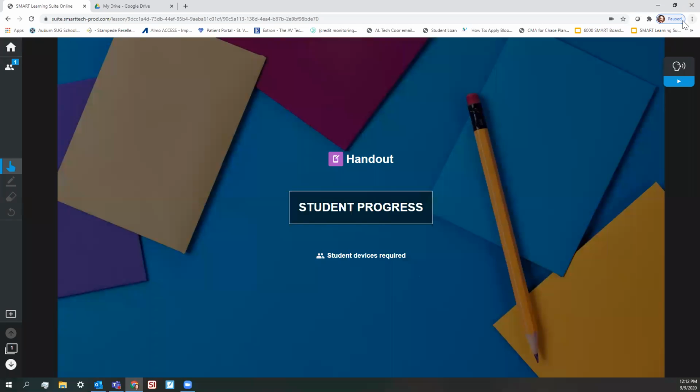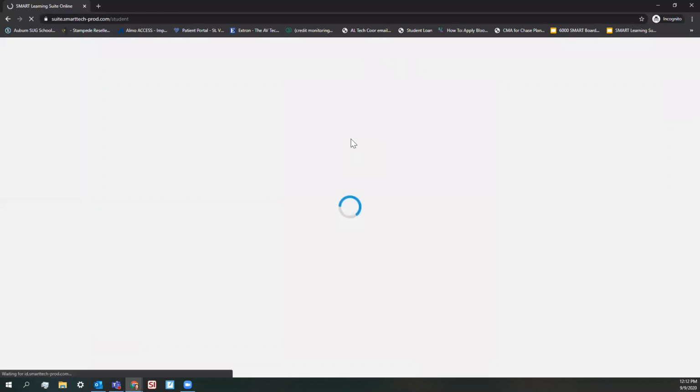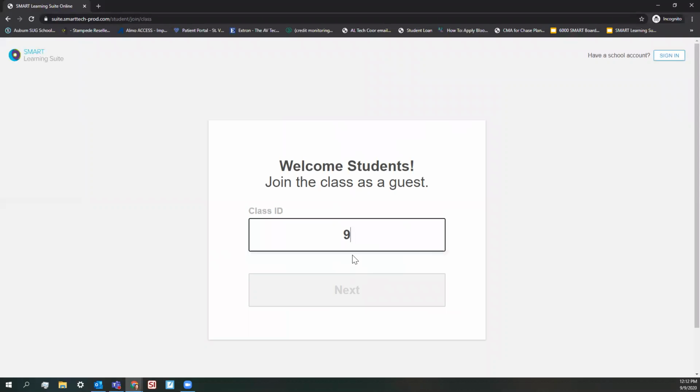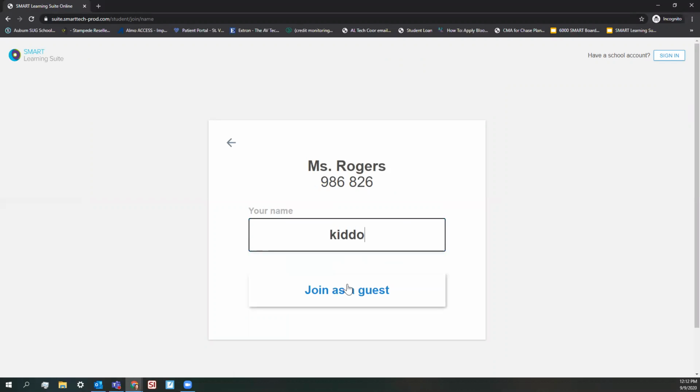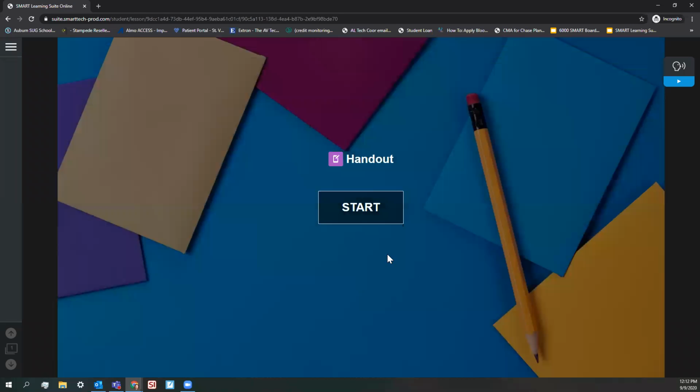I click on Start. Now again, I'm going to open an incognito window, which if you remember, it just allows me to kind of see things from the student view. This is nothing that a teacher would need to do. I'm just doing it so I can show you what it looks like from the student view. And you'll notice there's still the start button because it's a handout, but look up here in the top right-hand corner. As soon as I click play,